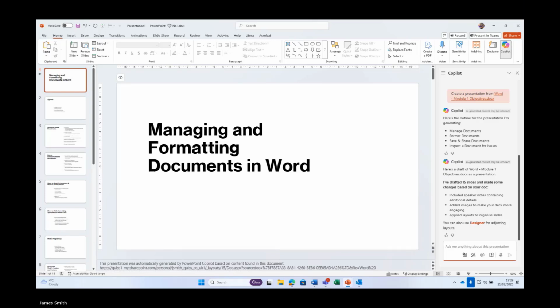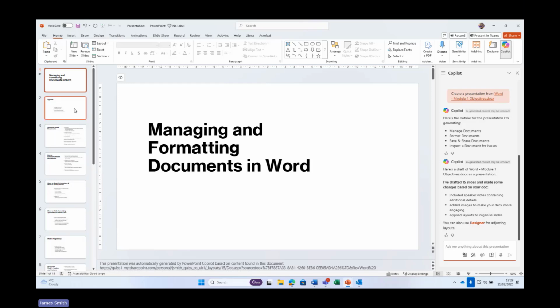And it's drafted me 15 slides. It's made some slight changes to headings. So it's created some speaker notes. It's even added some images to help my slide deck look more engaging. It's applied layouts and then does prompt me to say, I can use the designer to go and tweak this